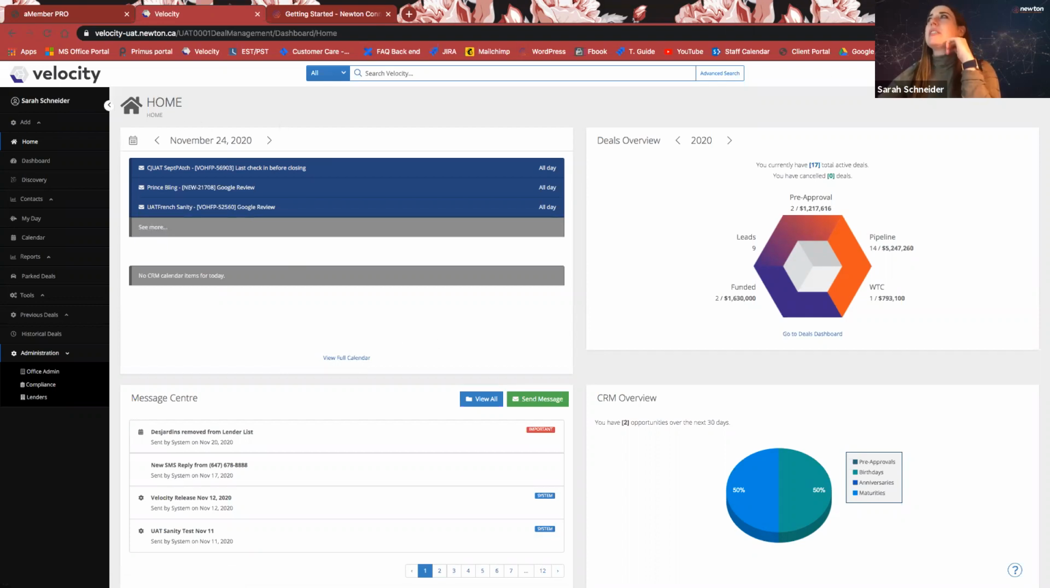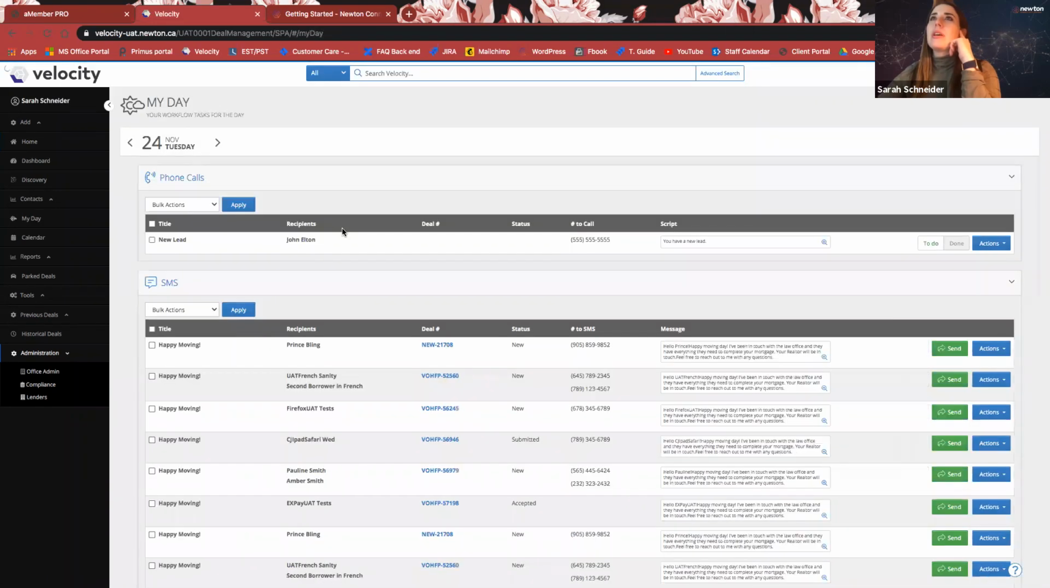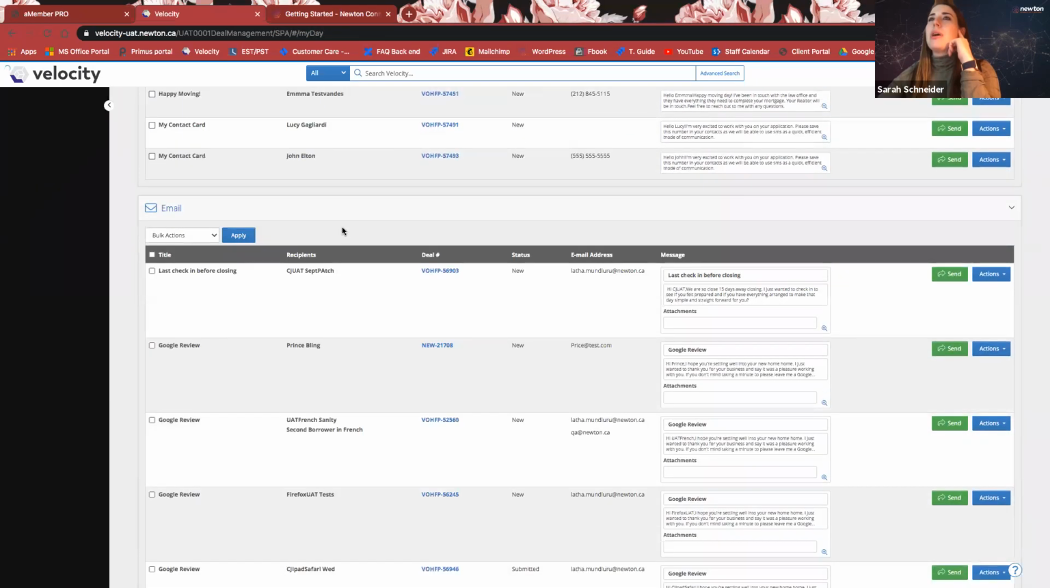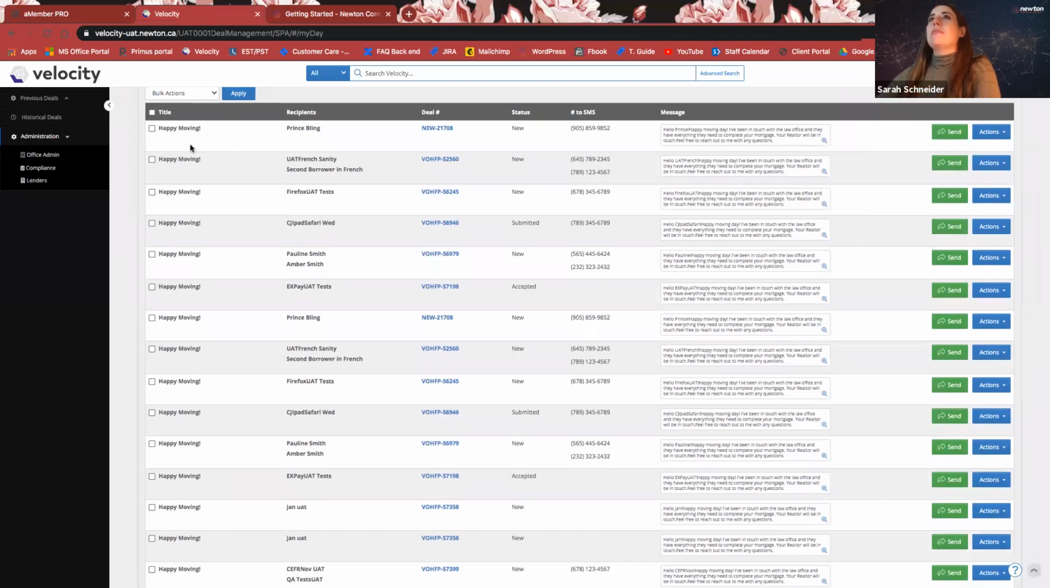But just to note that CRM wise, we do have this My Day daily task manager available. If I click on this My Day here, it will show phone calls, text messages, and emails that need to be sent. If I set up my workflows properly, it'll pop up to remind me, for example, forgive the mass amounts that I have in here. This is a test account, but it will pop up to remind me to send a happy moving day note to my clients. So I've just gone in and set up my workflows, and then every time that workflow is hit, it's going to